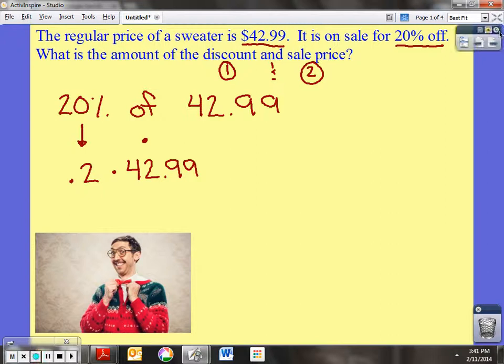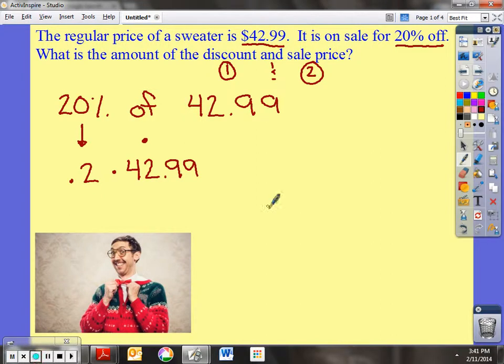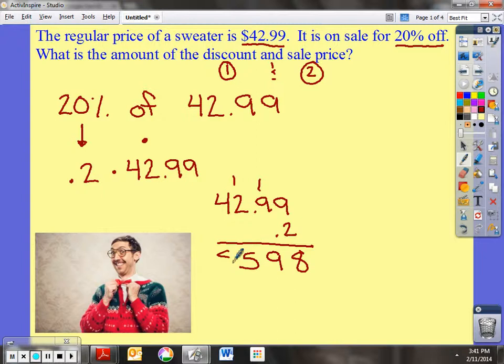So let me grab my calculator here. Or better, let's just do this longhand. So let's go $42.99 times 2/10, which is the same as 20 hundredths. So that gives me 18, that's 18, that's 19, that's 4, that's 5, and that is 8, with the decimal over 1, 2, and 3. And now if I think about this, I have